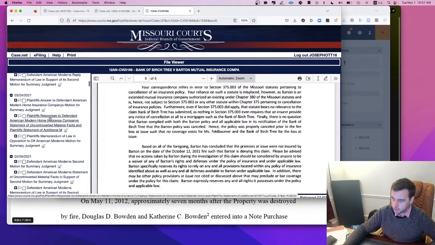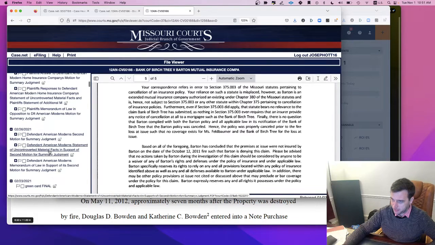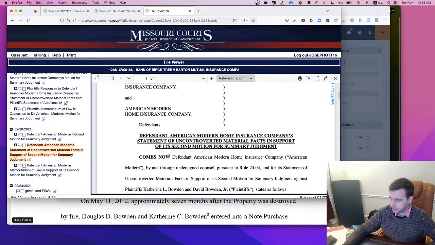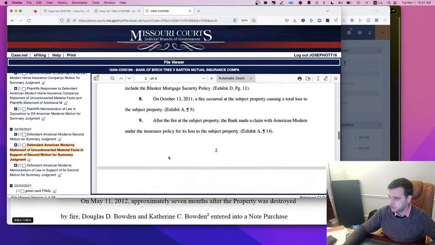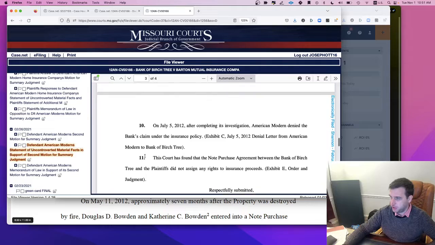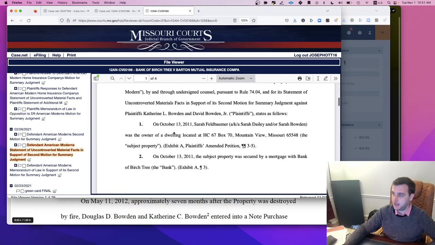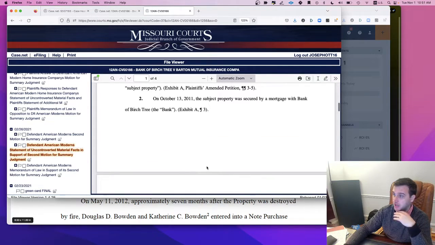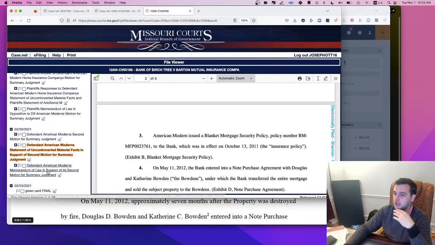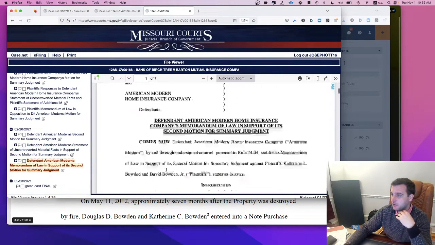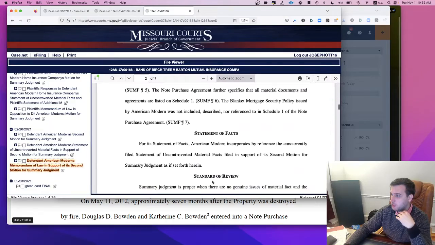And so basically what we have here, we're going to take a look at the defense, their uncontroverted material facts. So you can see here that the material facts are relatively short. There's only 11 numbered paragraphs. And the defense lawyers are saying that as a matter of law, they have a right to judgment, to dismissal of the plaintiff's case, because these facts prove that there's no way the plaintiffs can recover. And so basically the argument that they are raising here is what I was saying before,